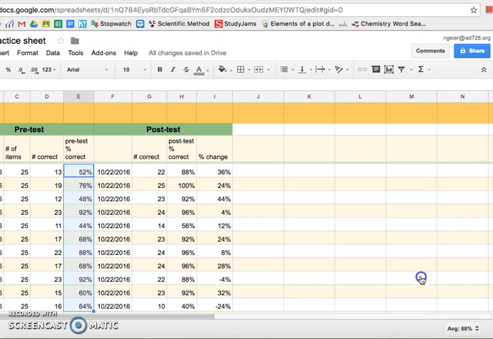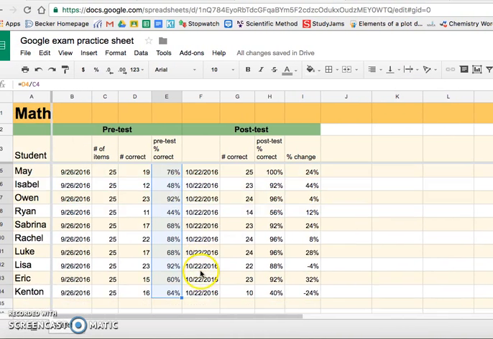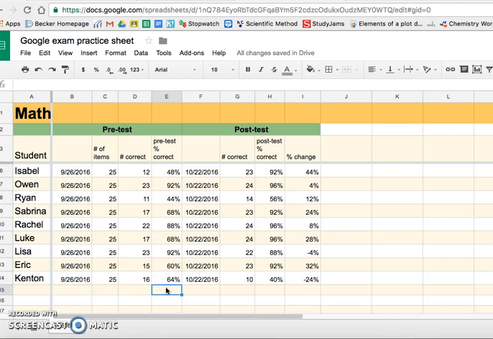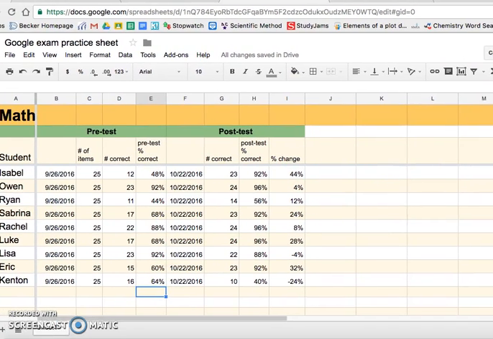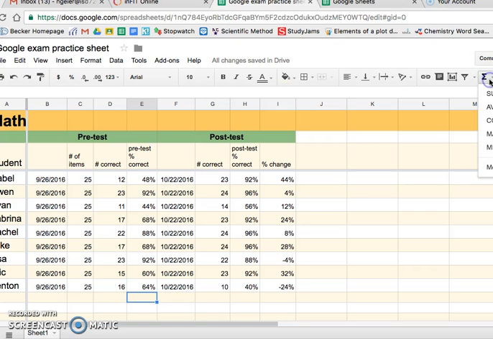So 68%. I could choose to simply type that in myself. Let's say that I wanted it right here. Or a second way to do this is to select the cell that you wanted the percentage to appear in. Once I have the cell selected, I can then go up to the top right hand corner